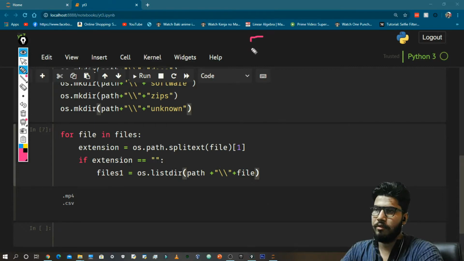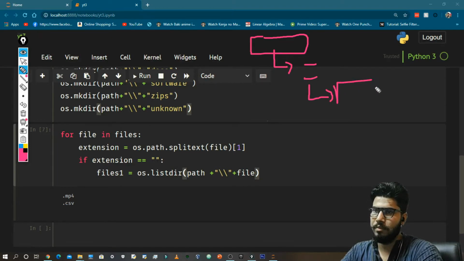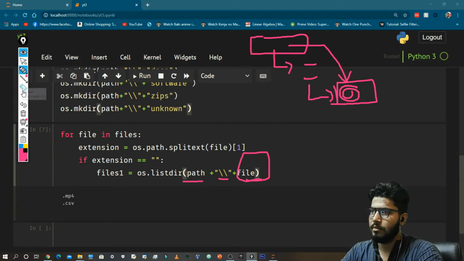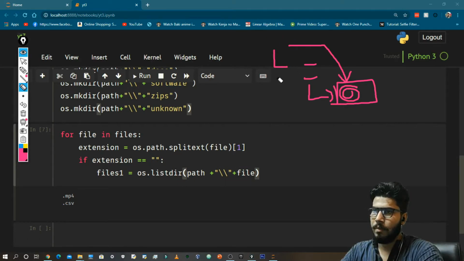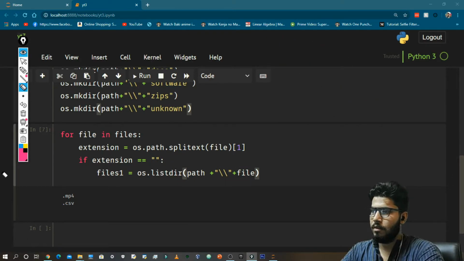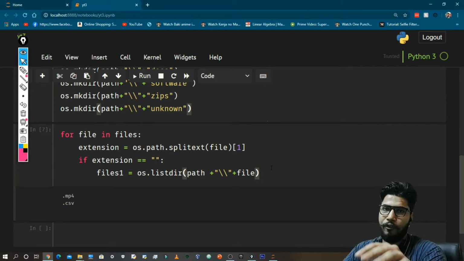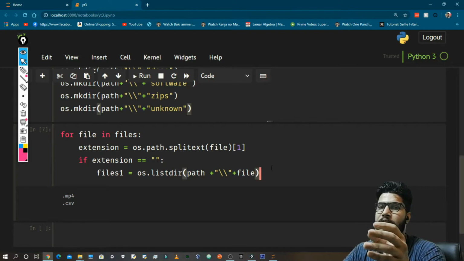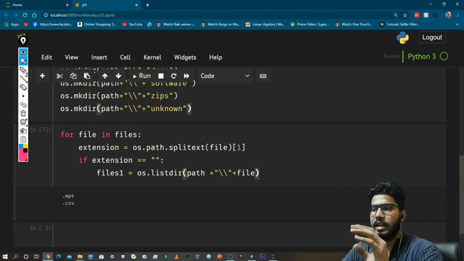Let's suppose we have a folder, inside this folder we have a file, and we have another folder. So we need the path of this folder plus this folder name: the original path plus slash plus the name of this folder, which is in the file variable. Because if we have a folder inside a folder, it is also going to have some files, so we also need to take care of that.